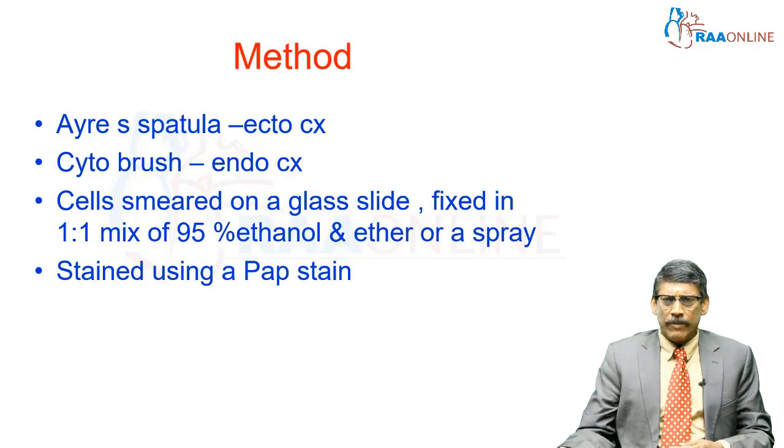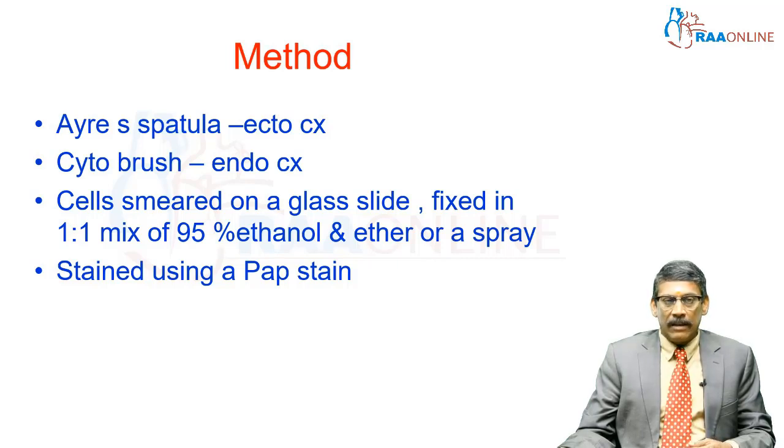The conventional PAP smear, what would you do? How do you do that? It is done in a patient without any anesthesia. The patient comes to the outpatient department, you ask her to void and make her lie down in the lithotomy position, tell her what you're going to do because we are not going to give any anesthesia, and you would put in a Sims speculum or a Cusco speculum, doesn't matter, whichever is available and to the convenience of